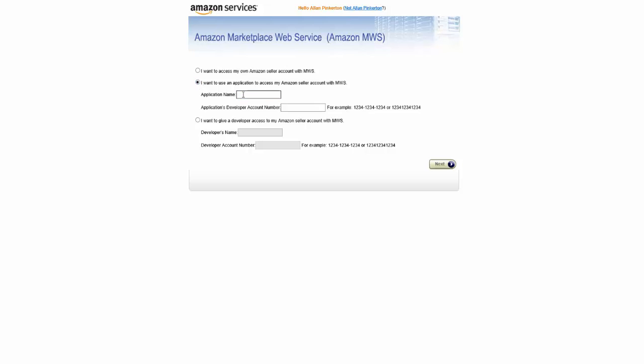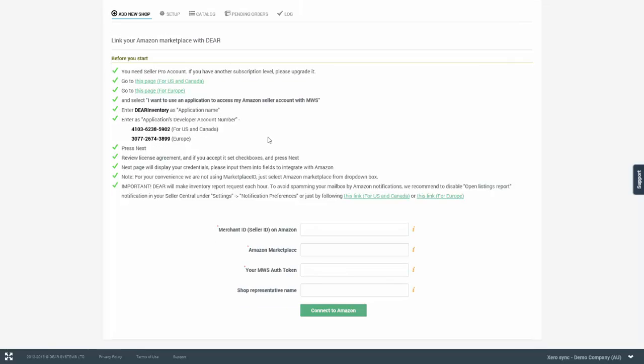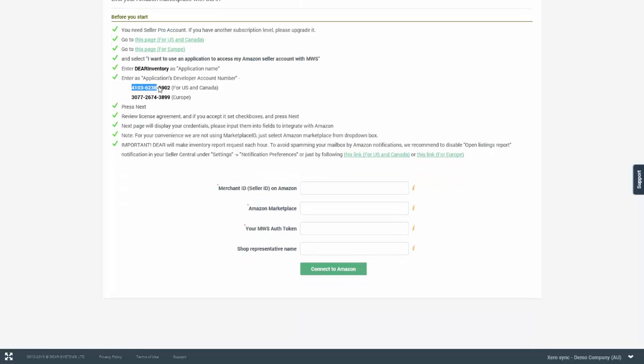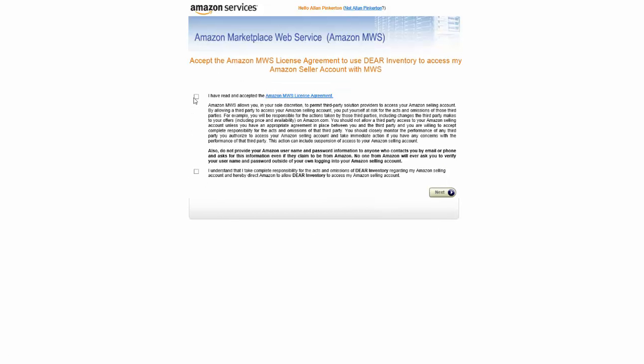You'll then need to enter an application name, which in this case will be Deer Inventory, and you will then need to copy paste the application's developer account number. You can get that from the Amazon integration page in Deer Inventory. So for US and Canada, you will need to use the top one, and the bottom one for Europe. Once you've entered these details, you'll need to click Next, accept the terms and conditions,